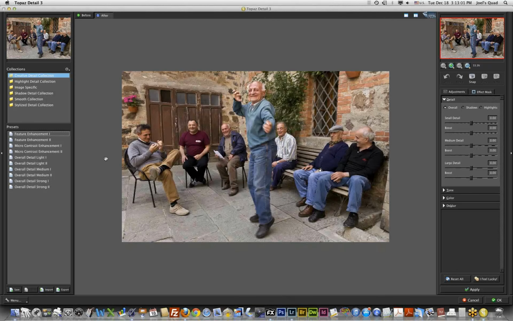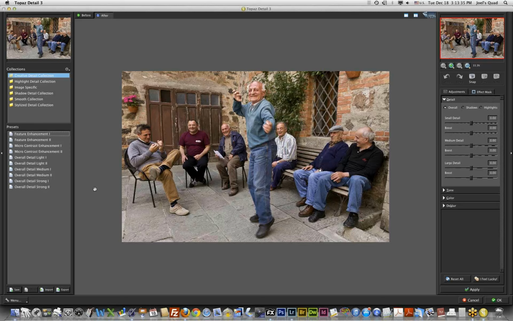sharpening. A lot of times, actually all the time, when your images come out of your camera, they're a little bit on the soft side, so you have to kind of bring that back. And that's because they put a filter over the sensor to help eliminate color artifacts and what are called moire patterns, which are where patterns in an image interfere with the pattern in the sensor anyway. That's all geek speak, but the bottom line is that your images come out of the camera just ever so slightly soft, and you can use a program like Detail to take care of that. My favorite